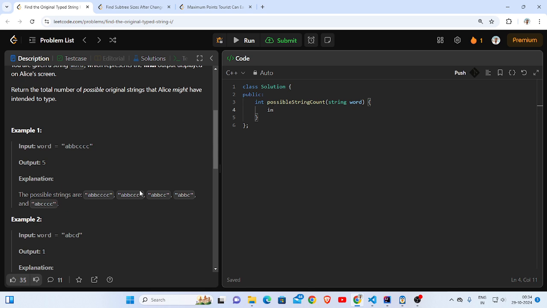Since I need to keep track of the last character every time, I'll start from the first character and keep track of it, and its count will be initially 1. I will iterate from the first index up to word dot length. I'll check if word of I is equal to last. If it is, then increase the count. Else,